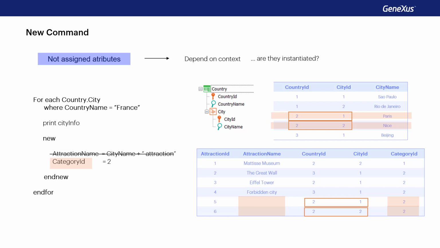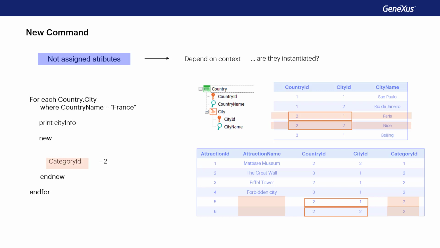Therefore, it will not choose attraction as the base table, but category. So, how do we have it choose the attraction table? One possibility is to explicitly assign the empty value for attraction name. Because in this way, by naming this attribute, it'll participate in determining the base table, and it will make the base table be attraction instead of category.